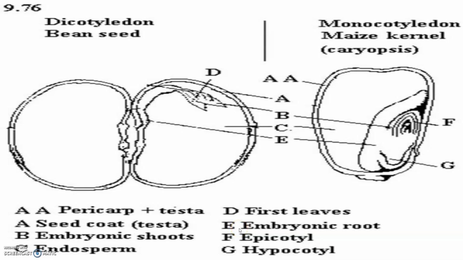Structure of a dicot seed. Now, the outermost covering of the seed is the seed coat, and the seed coat has two layers. The outer is called the testa, and the inner is called the tegmen. The hilum is a scar on the seed coat through which the developing seed was attached, and above the hilum is a small pore which is called the micropyle.